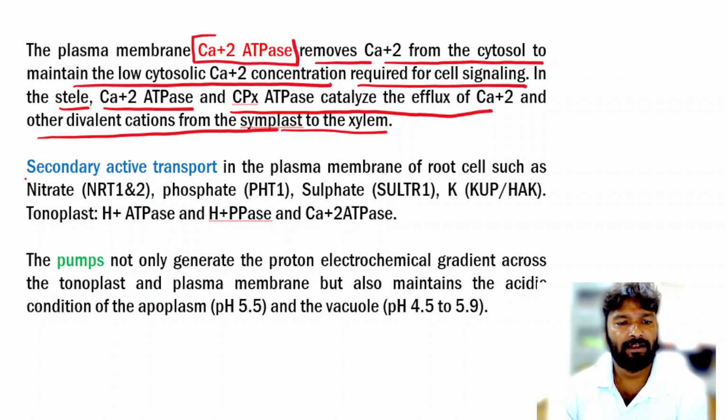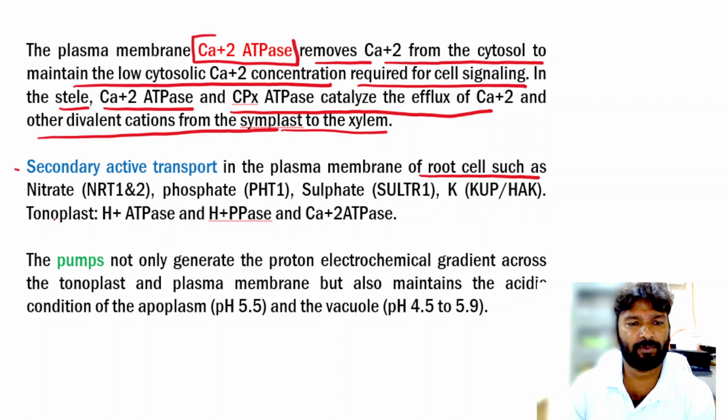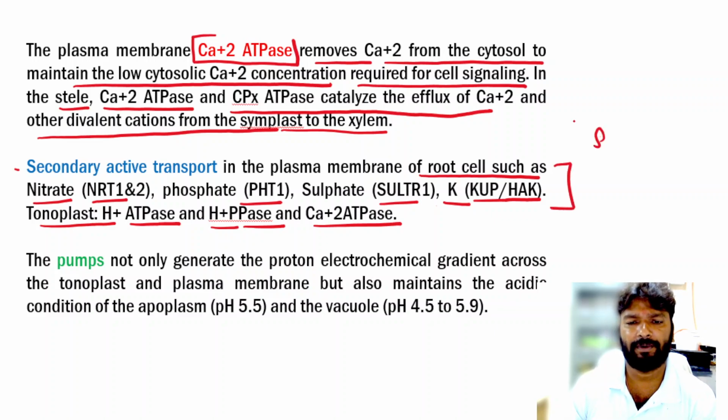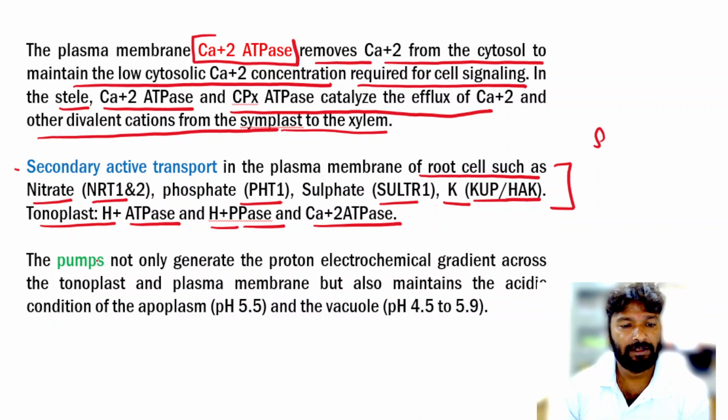Okay. Then secondary active transport in the plasma membrane of root cells, such as for nitrate, NRT1 and 2, phosphate, PST1, sulfate, SULTR1, for potassium, and on the tonoplast, H plus ATPase, H plus pyrophosphatase, calcium ATPase. So these are mostly secondary active transporters. Okay. So the pump that is responsible for primary